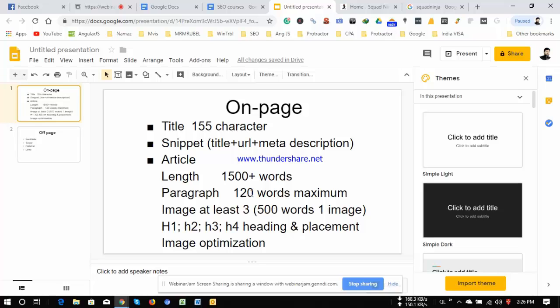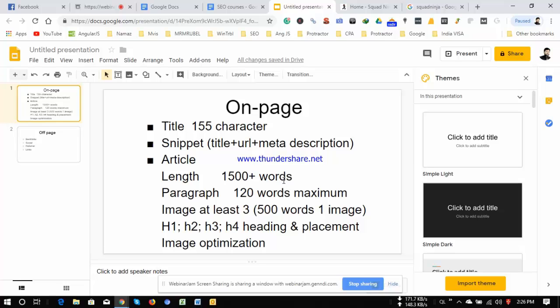It's better to put some bullets or numbering in your paragraph. Another thing is that you have to use at least 3 images in a 1500-word article. It means you can calculate it as 1 image per 500 words. But if you can use more images that are relevant to your content, there is no limit on the number of images. But the image you are using should be relevant to the content. So with 500 words, at least one image should be there. Yes. Okay, it's a good practice.